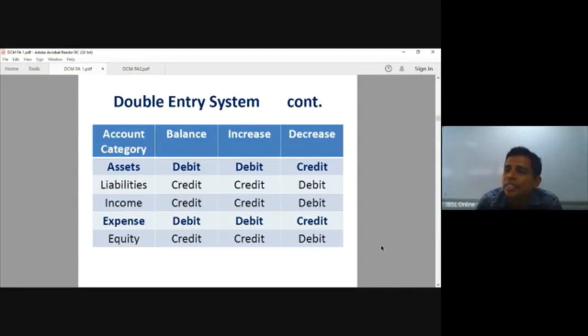We have a liability, a commitment to repay, right? By depositing money, from the bank's point of view, our liabilities got increased. Go to the double entry system: liabilities increase, credit entry. That's why we credit the deposit account or the customer account, right?